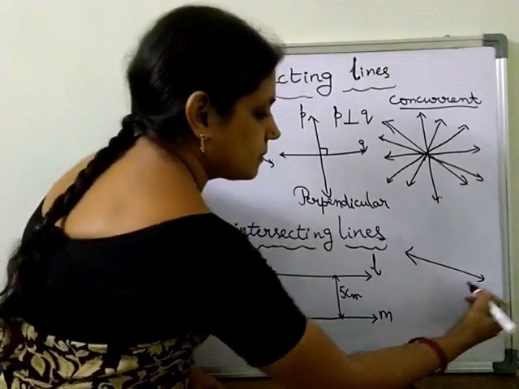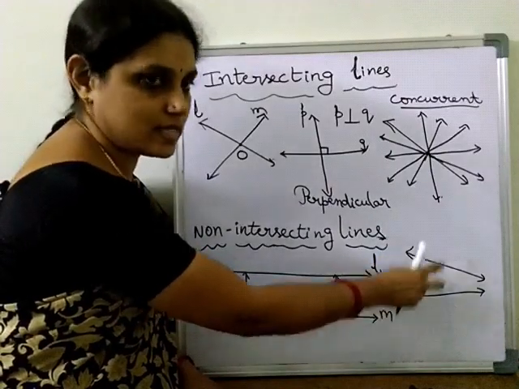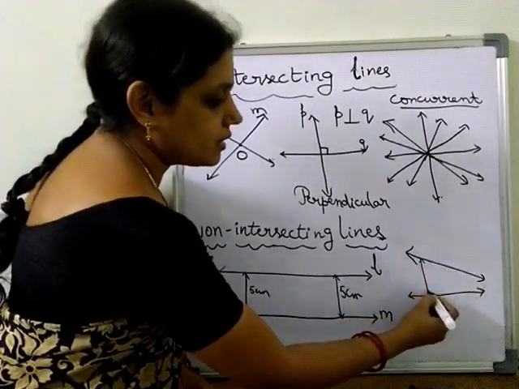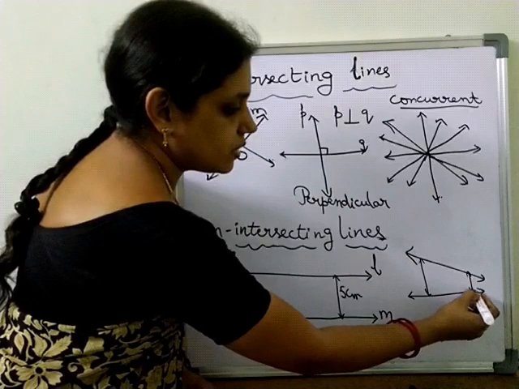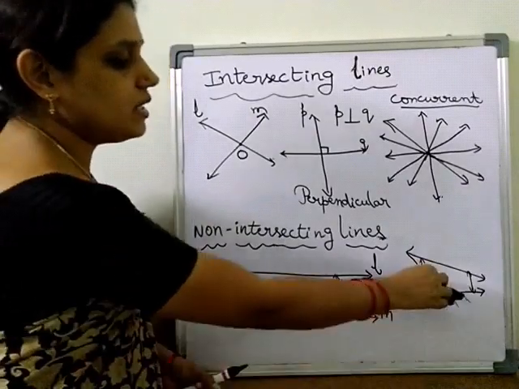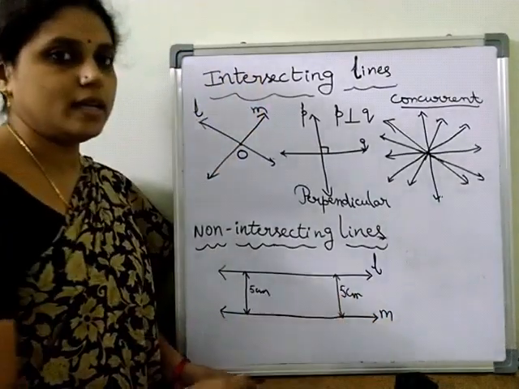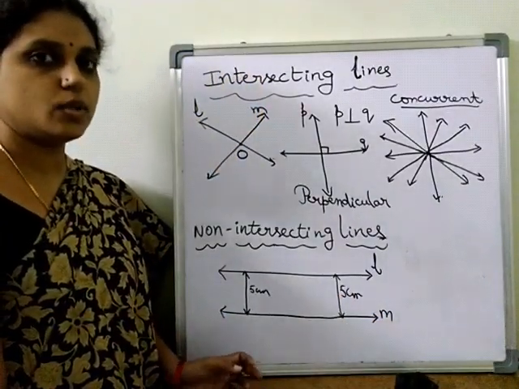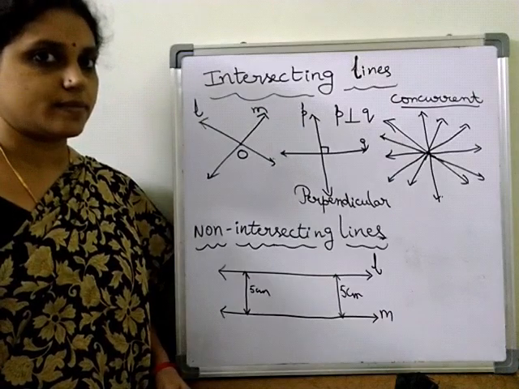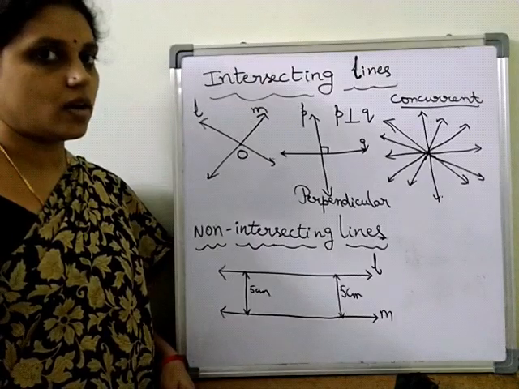Suppose two lines are given like this. Here these two are non-intersecting lines in this plane, but these are not at all parallel. How can you say that? Here the perpendicular distance is more and here the distance between the two lines is less. Just by observation also you can say that. So these are not parallel lines, whereas these L and M are parallel lines. If the distance between two lines is the same everywhere, then those two lines are called parallel lines. Otherwise, the two lines which do not intersect even after extending are called parallel lines.